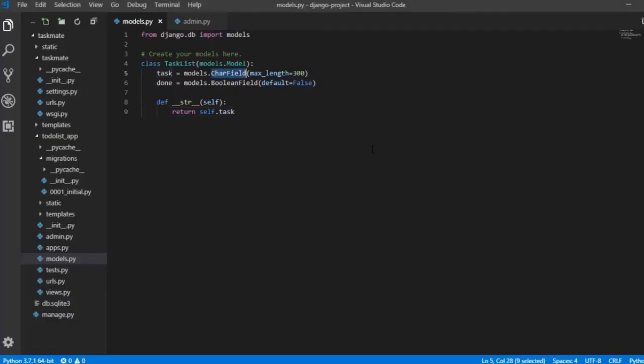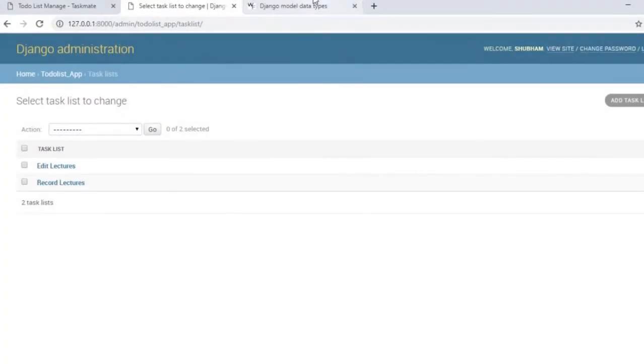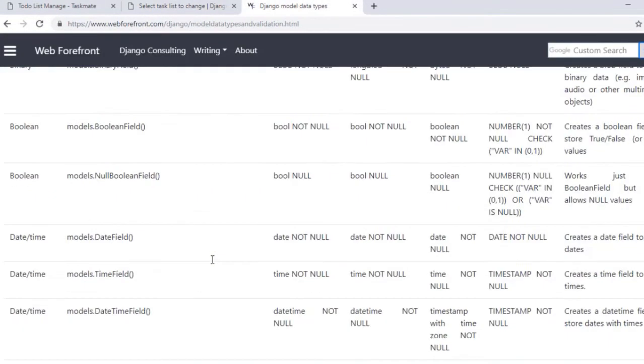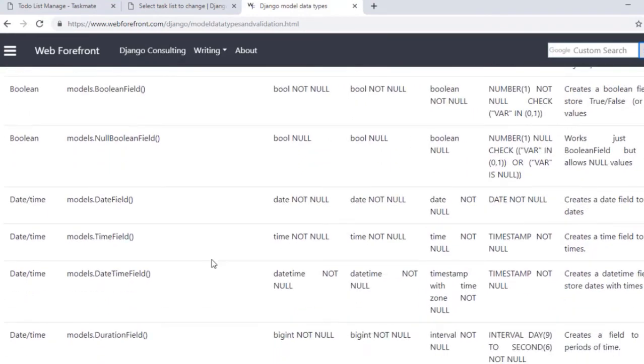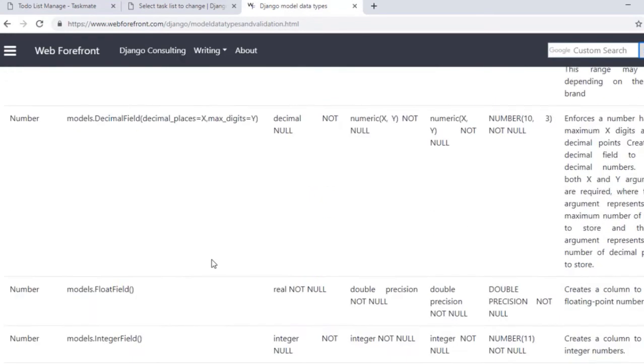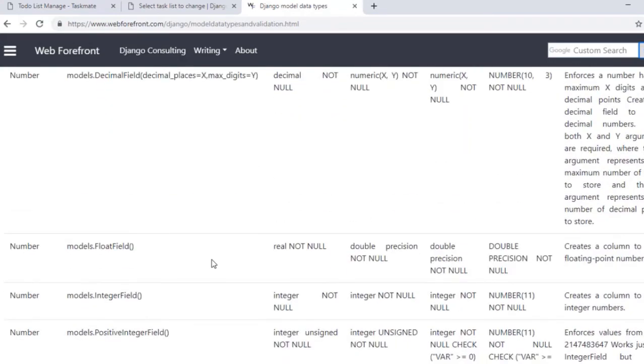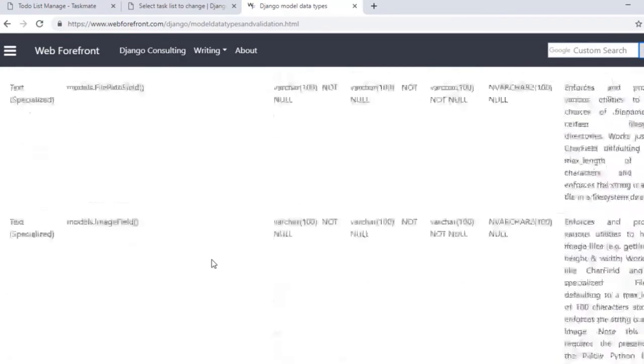This looks fine. The next thing I want to talk about is data types. There can be different data types which you want to use. So Django models have bundles of data types. They have email, they have date and time, they have characters, that is for text, they have for numbers, they have for decimals, for floating point and all other things.